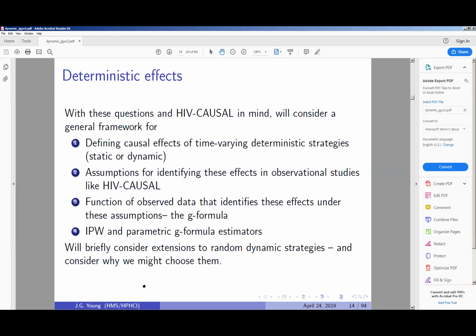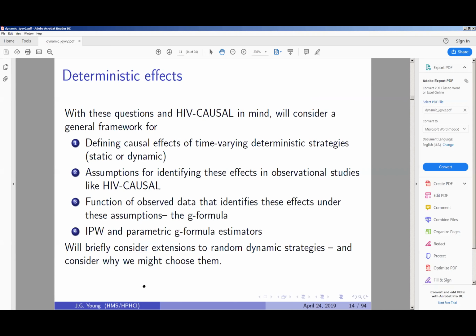So given a history consistent with the intervention G, that's what this guy means. It means A bar K minus 1, the observed treatment history, is equal to some values that are allowed under G, then his current treatment and censoring status are independent of his future counterfactual outcomes. So this assumption is not testable, and it's sort of intuitive. Why? Because we don't get to see these for everyone in the study.